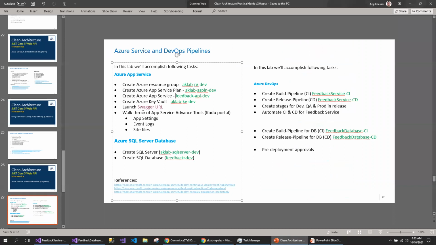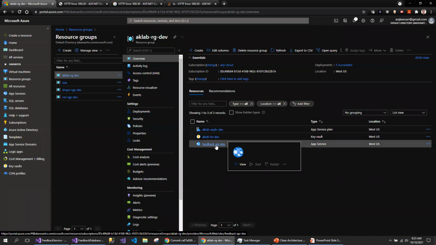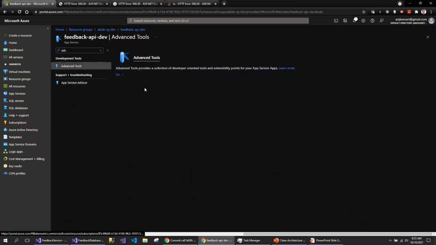That is one of my agenda items here, looking at the Kudu portal, the advanced tools for your event logs, app settings, and all your files where the code is getting deployed. Let's select the service here and then click on the advanced tools.